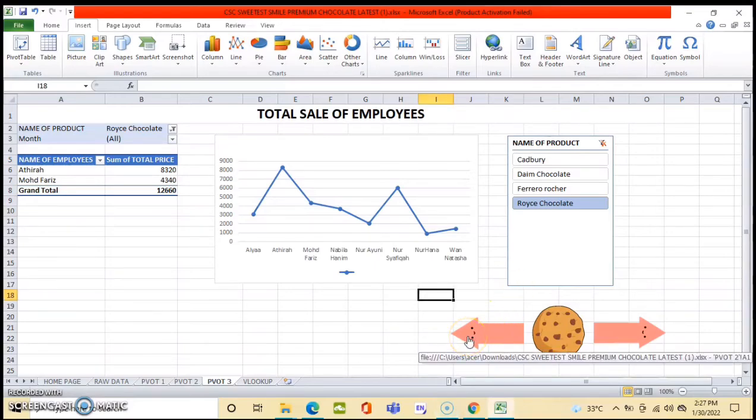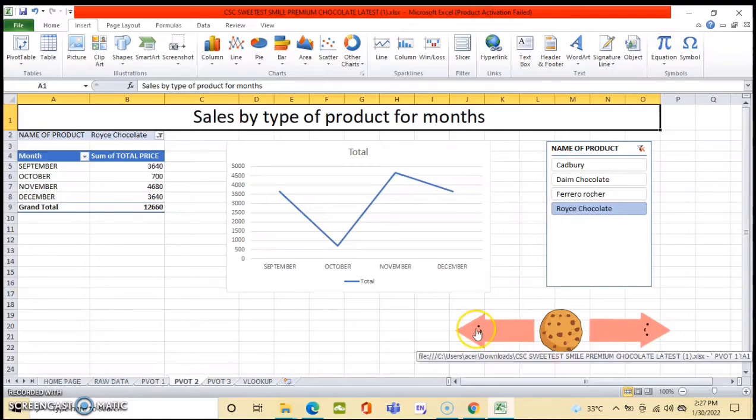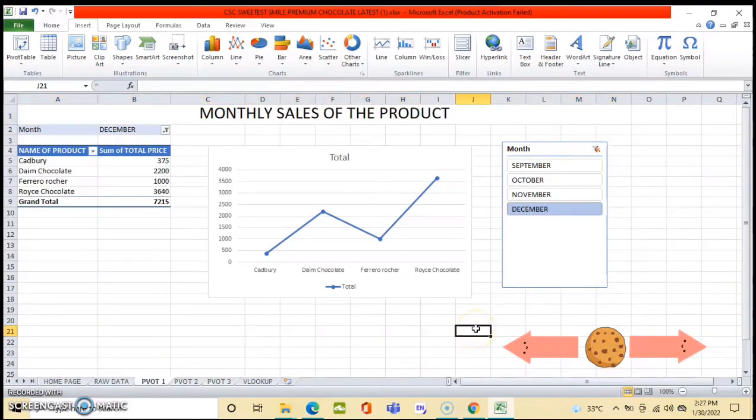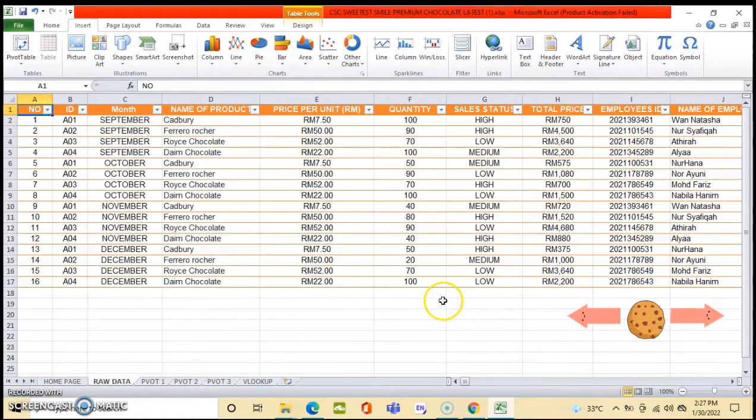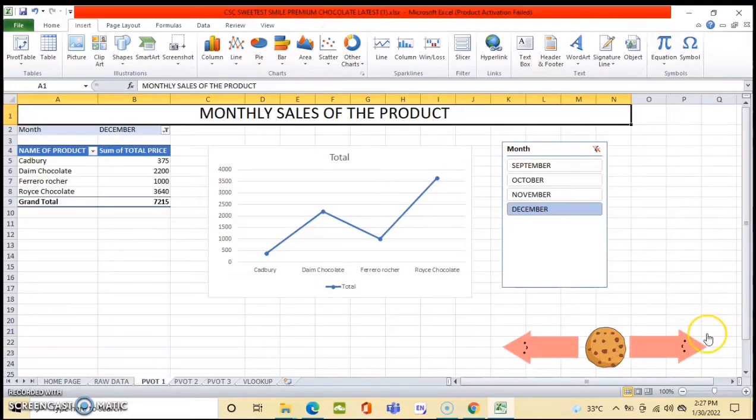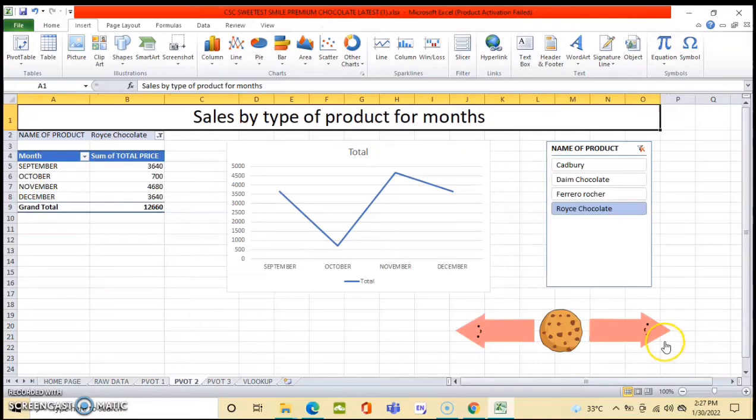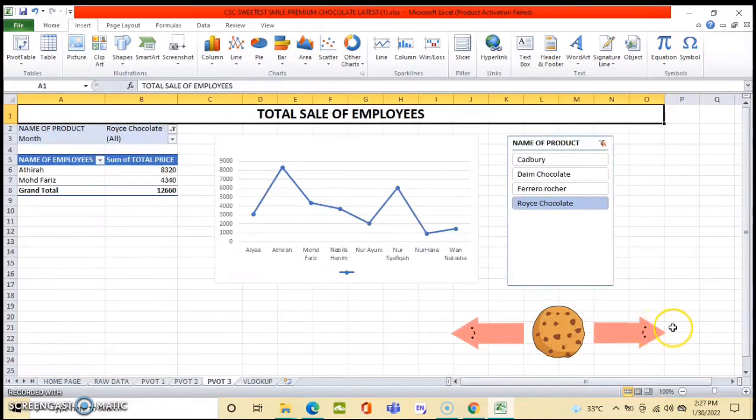Let me see the raw data here. So here is the raw data. We're still using the same raw data of our company. Okay, we are back to pivot table 3, which is the sale of employees.